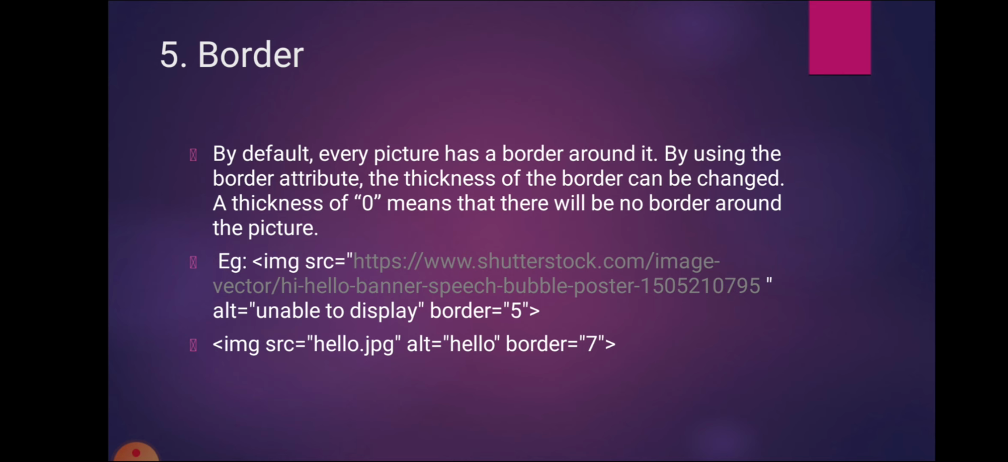Next is border. By default, every picture has a border around it. By using the border attribute, the thickness of the border can be changed. A thickness of 0 means that there is no border around the picture. By default, thickness is 0. If we want to add some thickness to the border or some border to the image, we can use the border attribute equals whatever the value is given, that pixel or that thickness is automatically added to the